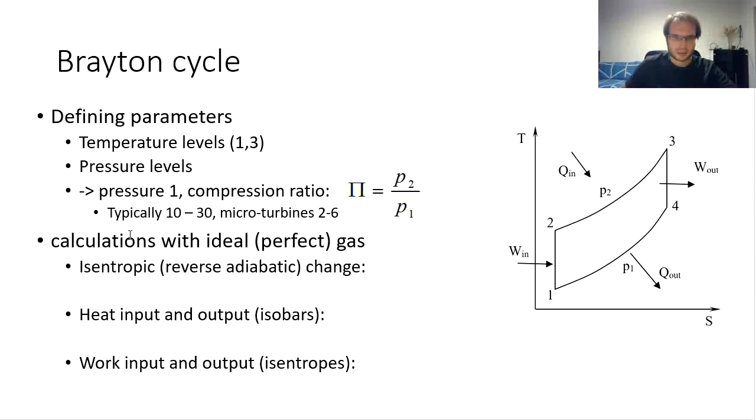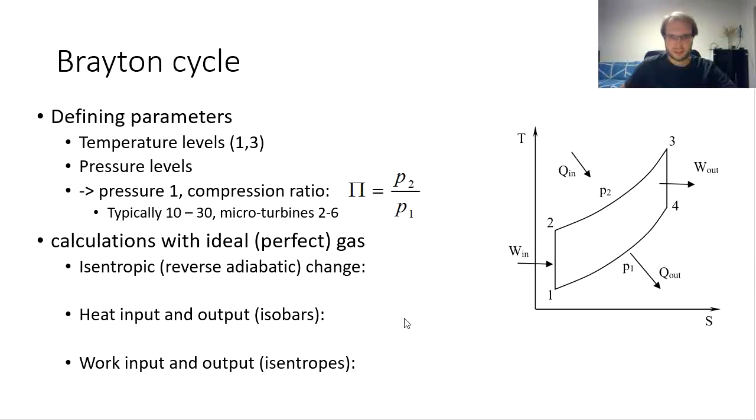Now, our calculations will be performed with not just ideal gas, but also perfect gas. That means ideal gas with constant specific heat capacity. And the defining equations will be for these three changes. For the isentropic change, heat input and output, which are the isobars, and then work input and output, which are